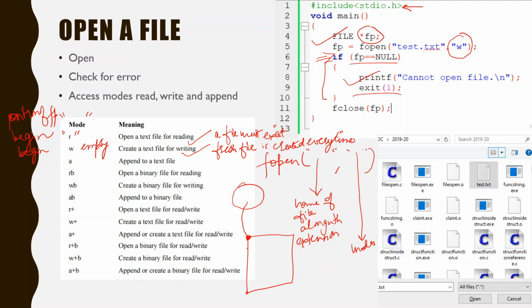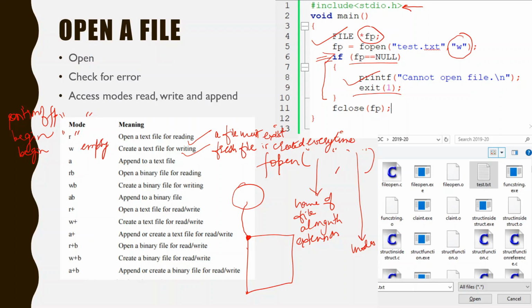Fine. So this is also a disadvantage of write mode, that if you want to regularly update your data while keeping your earlier data also, then it is not suggested to use write mode, because write mode always opens a file and empties it. Okay, it flushes all the previous content of the file. Fine. So to use the write mode, we have to be very careful. We should use the write mode only if the earlier content in the file is not required anymore.